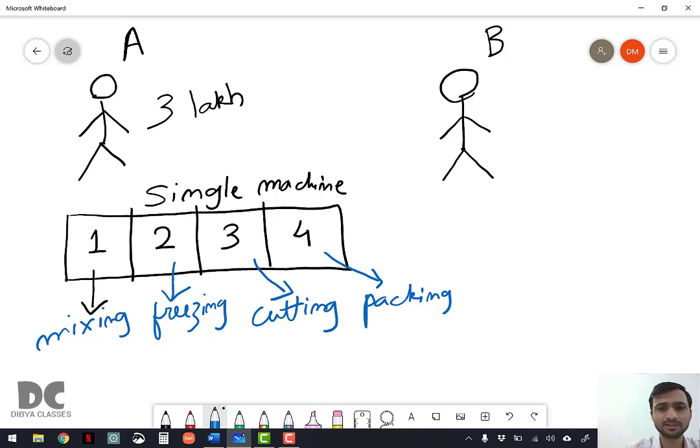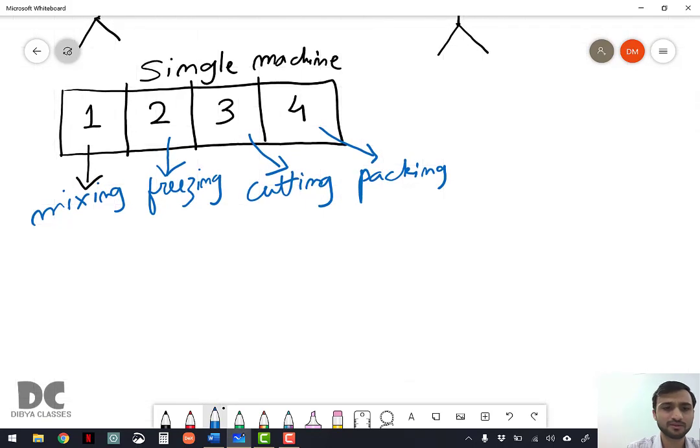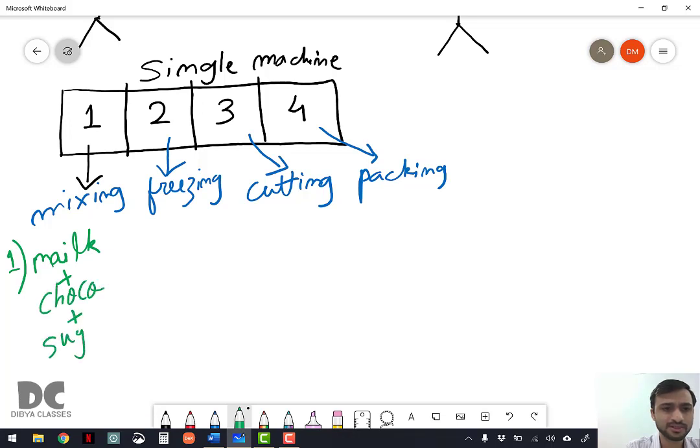So for example, in task 1, milk, chocolate powder and sugar was mixed. Then in task 2, the whole mixture was frozen.